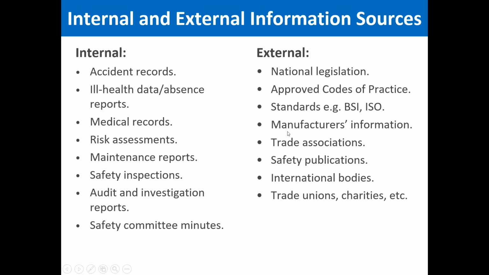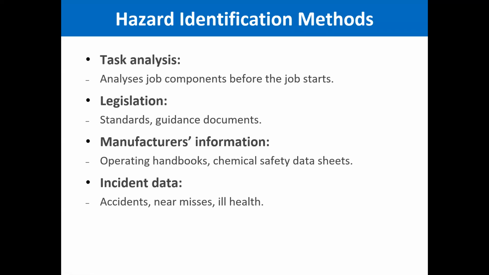Then you can also have a look at the manufacturer's information. Whenever any equipment or machinery or any tool is manufactured, the manufacturer develops a manufacturer's information manual. So that manual can give a lot of information. You can look at information from trade associations and other safety publications, various publications from international bodies, trade unions and charities, etc. So all of these are sources of information which you can use to identify hazards related